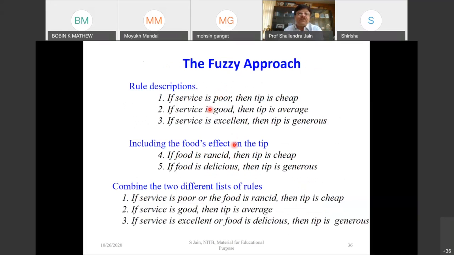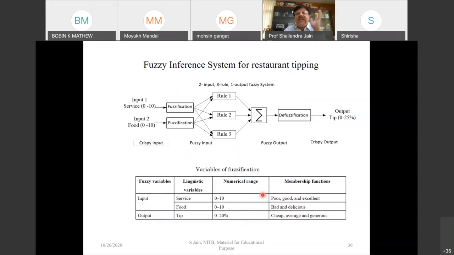So in fact, rules are formed when we combine both the inputs. So how many rules are there? Very simple formula: number of membership functions in input 1 times number of membership functions in input 2. So here 3 and 2, 3 into 2, 6 rules are there. If there are 3 inputs, then number of membership functions in input 1 times those in input 2 times those in input 3. So let's say there are 3 inputs with 3 membership functions each, then 3 into 3 into 3.